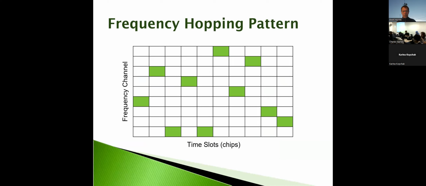So, all right, this is an example of a frequency hopping pattern. Along the bottom you have these time slots, and along the vertical axis we have the different frequency channels. So these would represent different chunks of frequency that we are stepping to, right? In the first time instance, we're going to transmit here, and then here, and down here, and so on, right? So for a slow hopping signal, we would transmit multiple symbols, or FSK symbols,